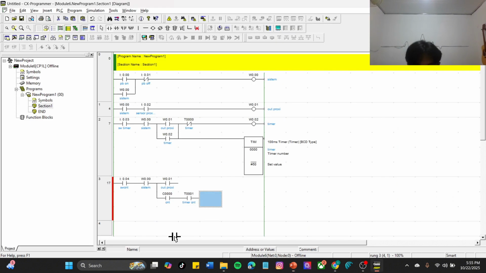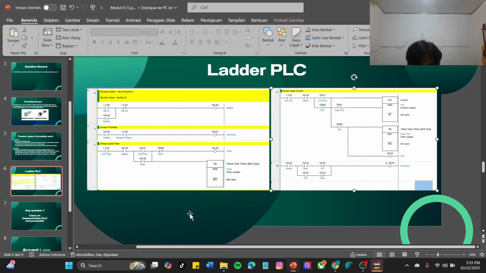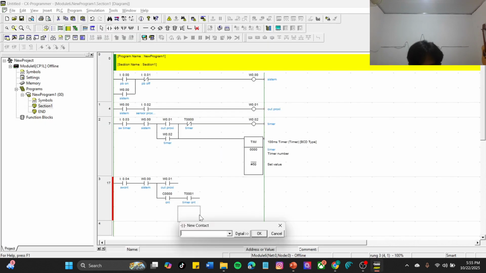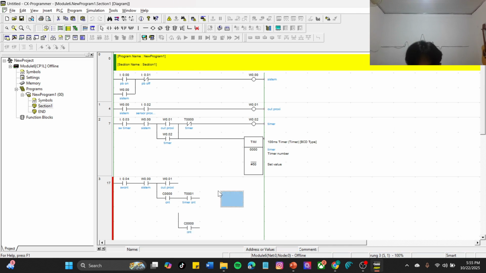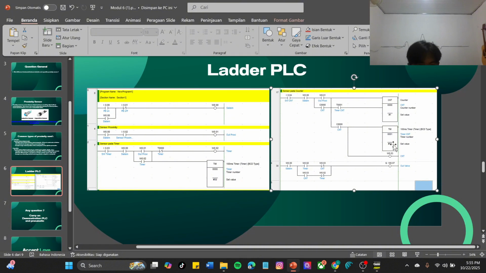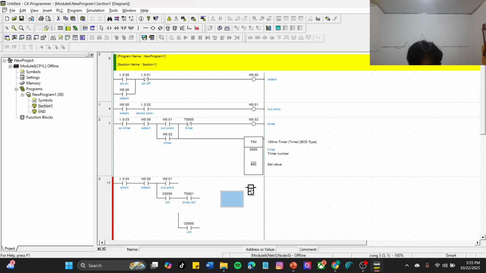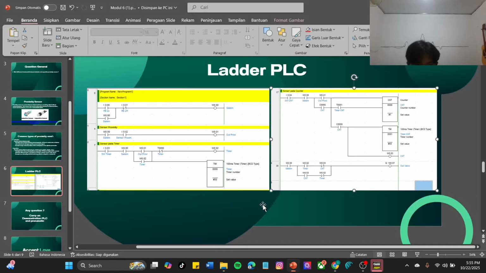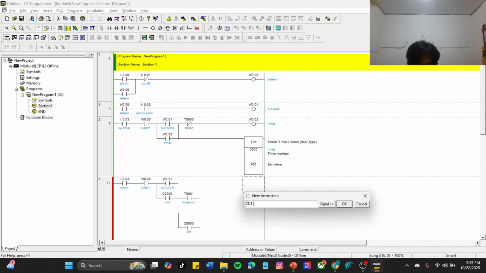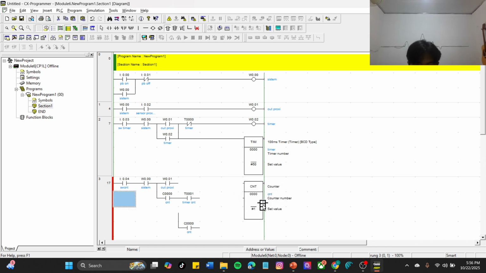Okay, and you can make here T000, enter CNT. Now we will make a counter here, CNT 001, CNT, okay.